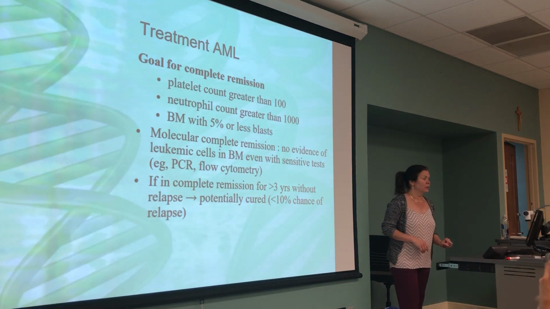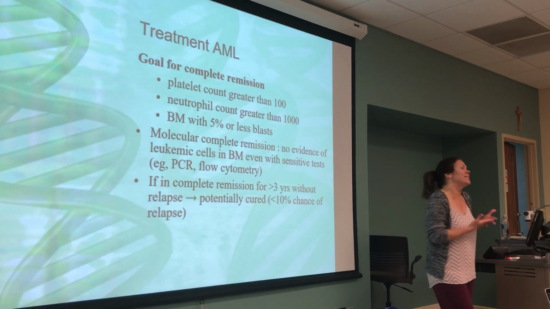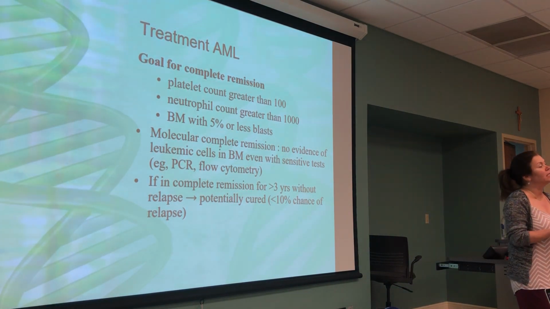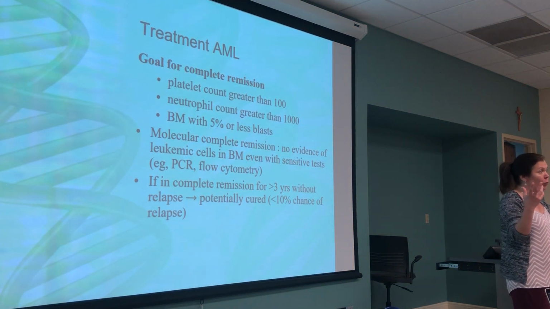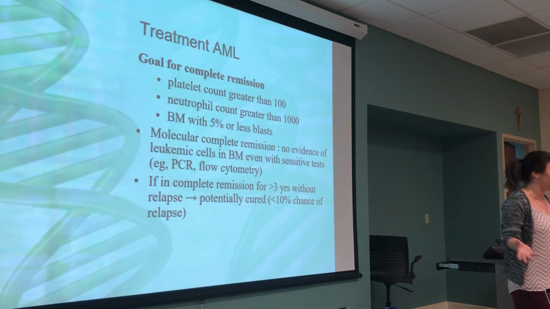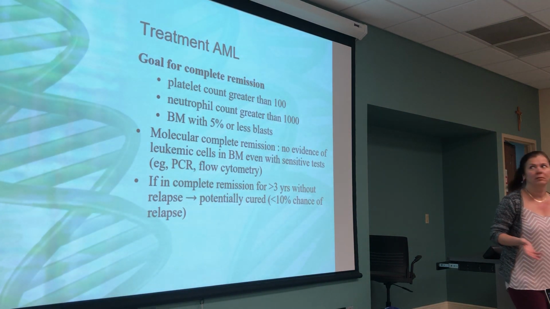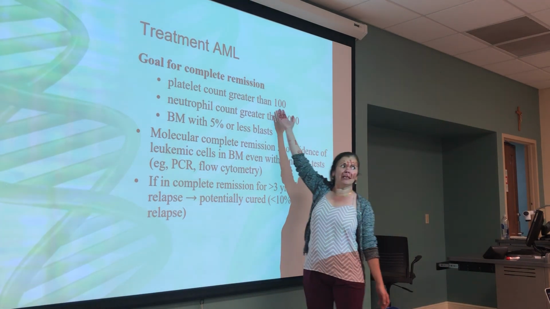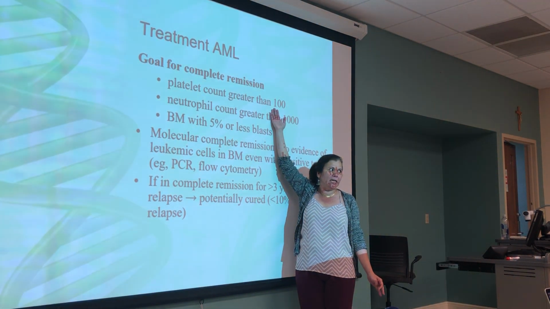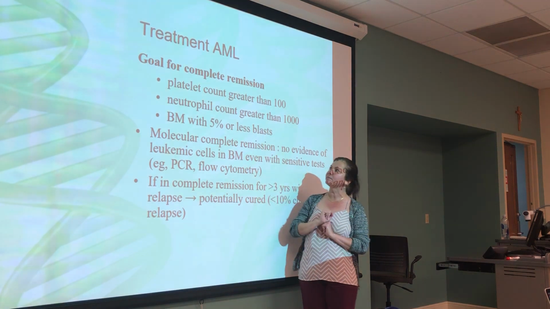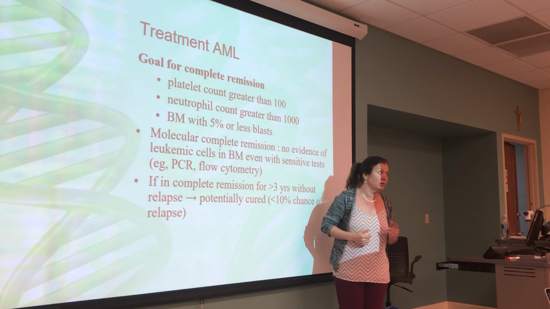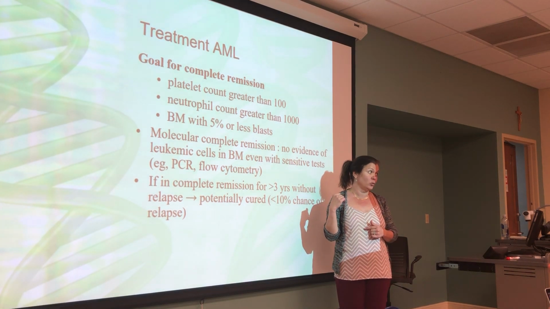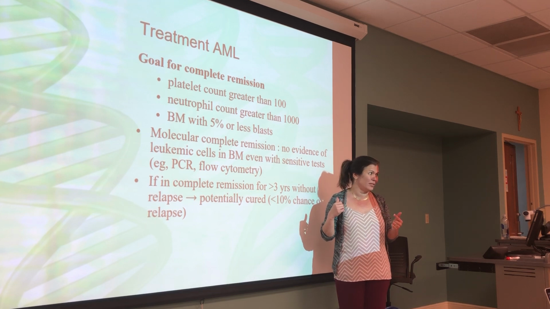So, what do you think is the goal for any type of induction remission or curative therapy in this patient? What's your purpose? Increasing mature cells. Increasing the platelet count for the patient at least to 100,000, right? Neutrophil count more than 1,000. These patients can go into 1 million. This patient can go to 500,000,